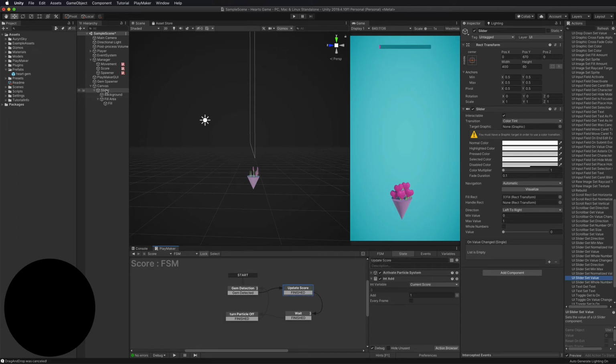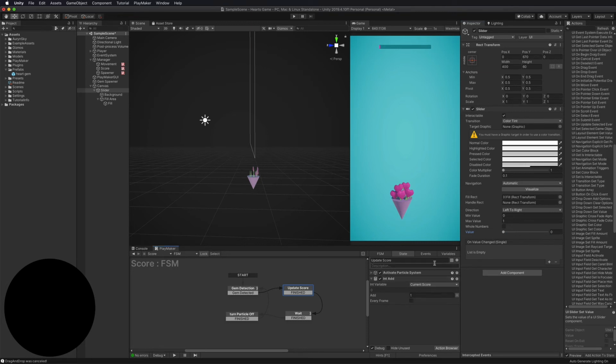Now, if we look at the slider, we've got the value right here, which is the amount that the slider is from 0 to 100%, which is a normalized value. So normalized is from 0 to 1. So what we want to do is to figure out every time a gem is collected, we want to make it a percentage of that bar. So we could just say, hey, it's 10% every time a gem is collected, or 5% every time a gem is collected. So we just need to keep that in mind for how much those gems are worth.